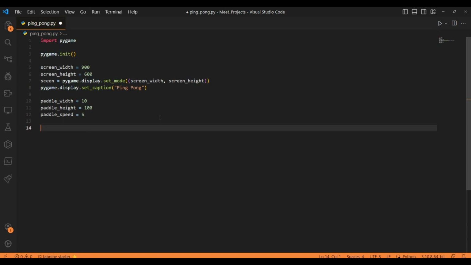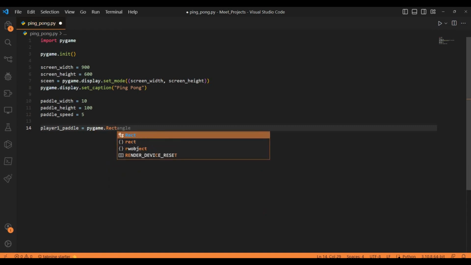Okay. So now there will be two players, right? So player 1 paddle and player 2 paddle, right? That will be on one part of the screen, and the player 2 paddle will be on the other end of the screen. So those will be two ends, right? So player1_paddle is equal to pygame.Rect. Inside the Rect we have 50, comma, and then we start with the screen_height